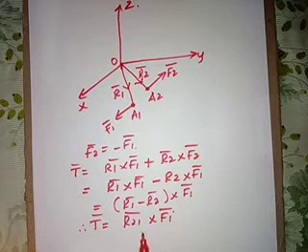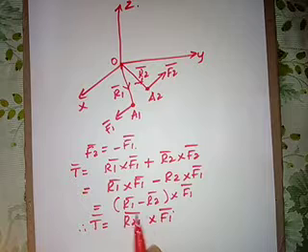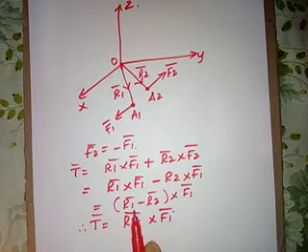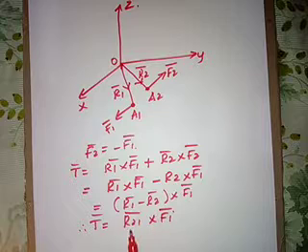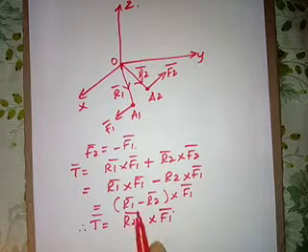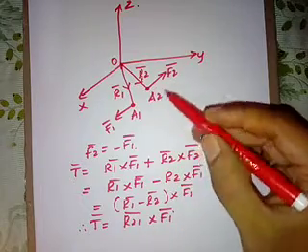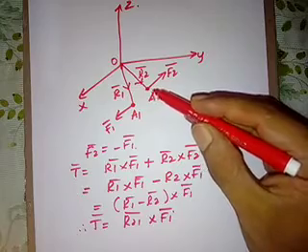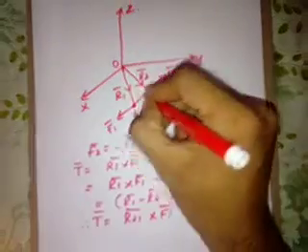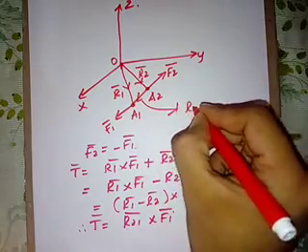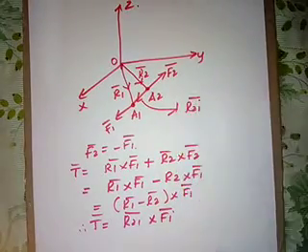So how did I get R21 here? Whenever we are taking the vector difference, it is destination minus source. We write the source first. Here the source is 2 and the destination is 1, that is R1 minus R2. So the source is A2 and the destination is A1. So it is like this. This is our R21 bar.